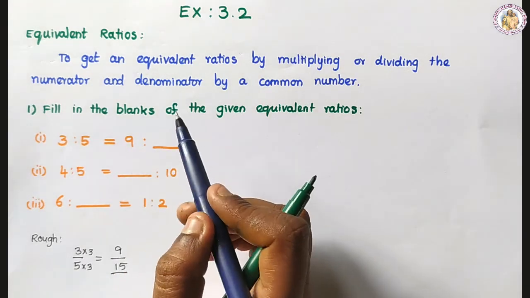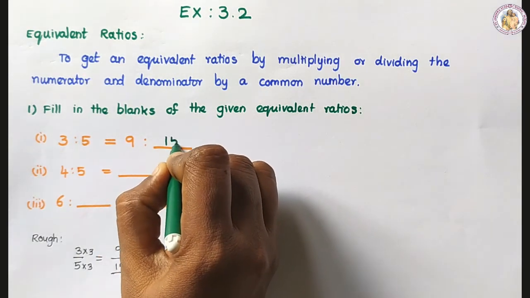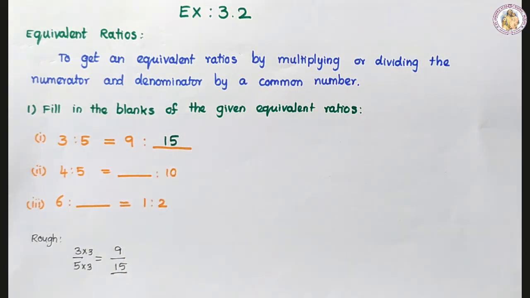To get equivalent ratios by multiplying or dividing, whatever you do, you have to do with the common number, that is, the same number you should multiply, right? So 5 3s are 15. 15 is the answer. Next one,